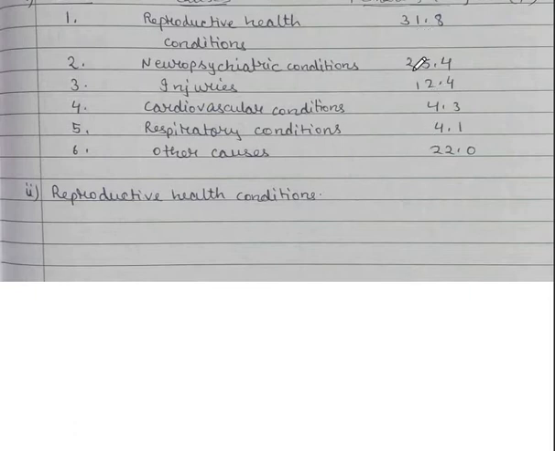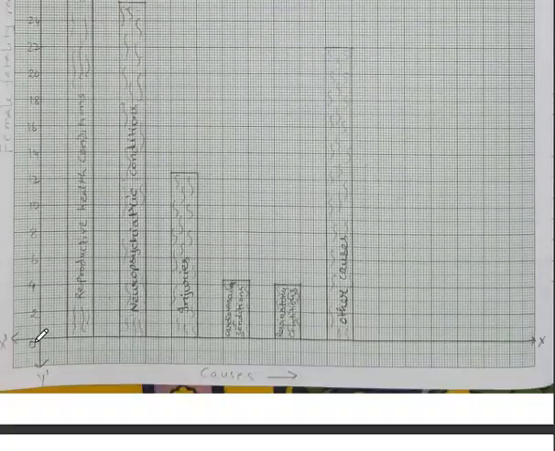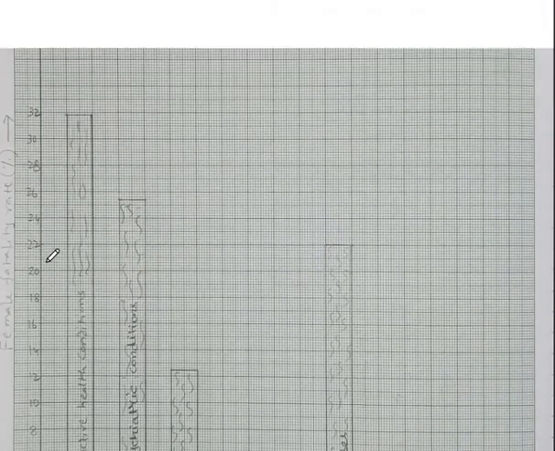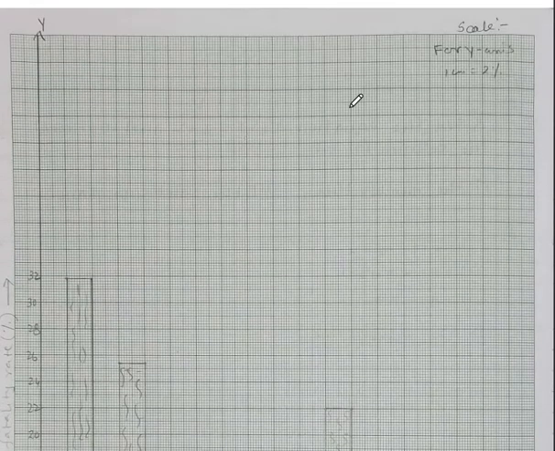Highest number is 31.8. By seeing the number, you have to decide about the scale. Since the number is 31 point something, I have taken the scale as 2 units on the y-axis. For the x-axis, no scale. Scale is not required for a bar graph. Only for the y-axis you take the scale, and that also 1 centimeter, 2%. So 2, 4, 6, 8 like that, up to 32 you need to mark. All the markings should be done clearly and properly. Scale for y-axis: 1 centimeter, 2%.